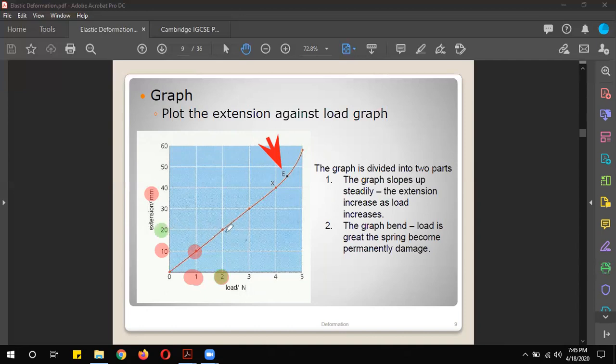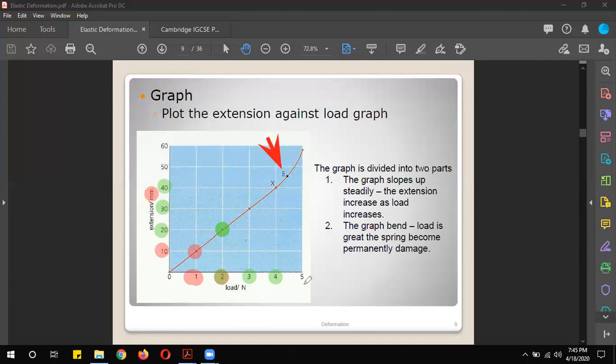And how can we read this? Because of this point. Can you see this point? It is a point of intersection. So you can see that there is an equal change with the equal load added to the spring. Now we increased it to 3. From the point of intersection, we can see that the extension becomes 30 millimeter. And when we took it to 4 Newton, it became 40 millimeter.